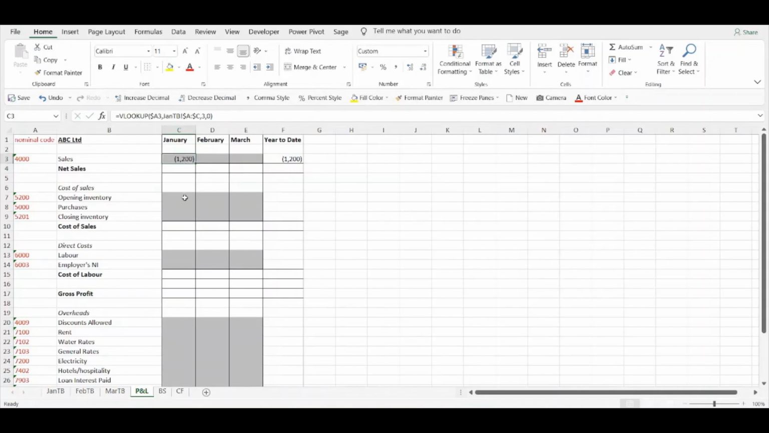And so we've got -1,200 for sales, but normally when you display your revenue figures in a P&L, you want it to be positive, and you want your expenses to be negative. So basically, all credit balances you want to be shown as positive on your P&L, and all debit balances you want to be shown as a negative on your P&L. So we'll times the VLOOKUP function by -1, and also at the front of the VLOOKUP function, we want to